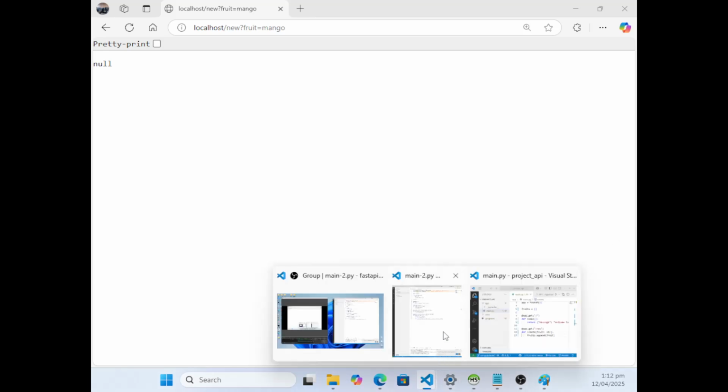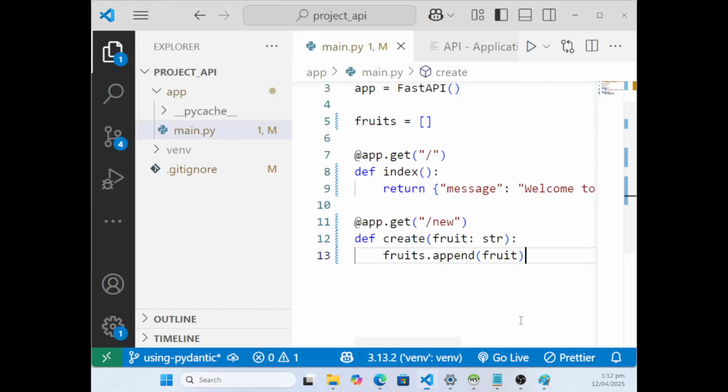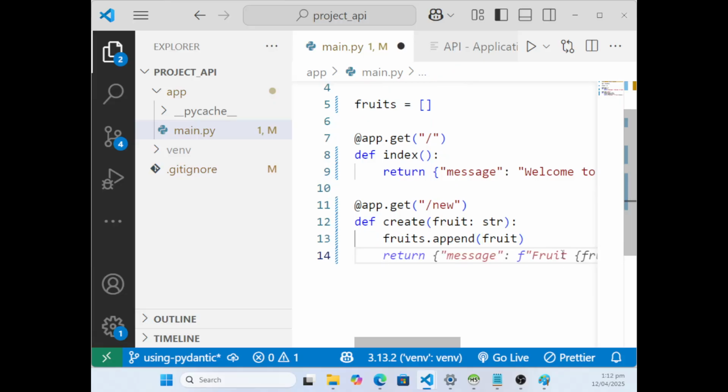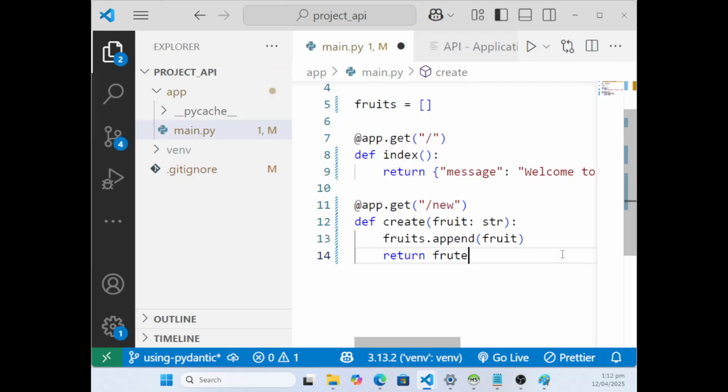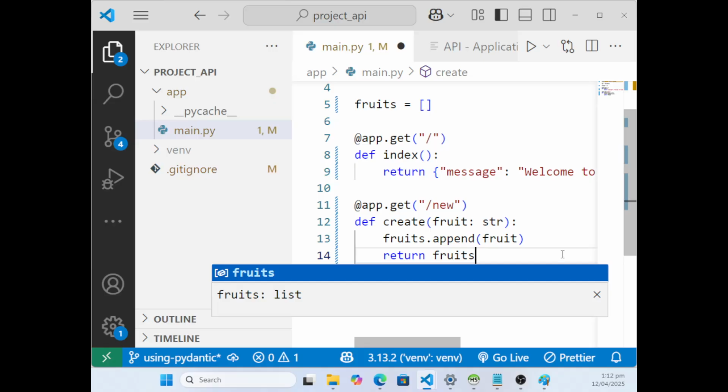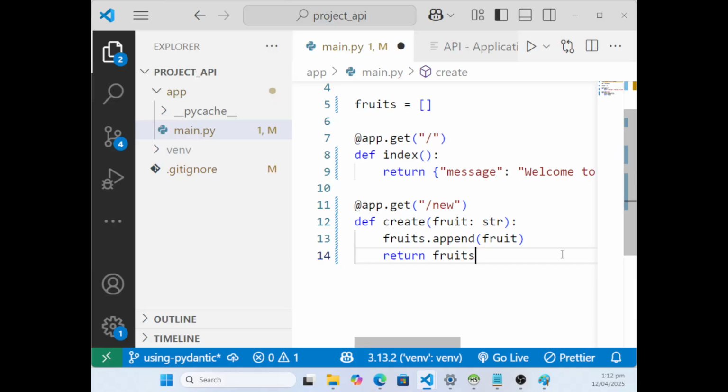Okay. Let me go back here. My code is incomplete. Here, what I will do is, I'm just going to return the fruits. Like that one. And then I'm going also to create in